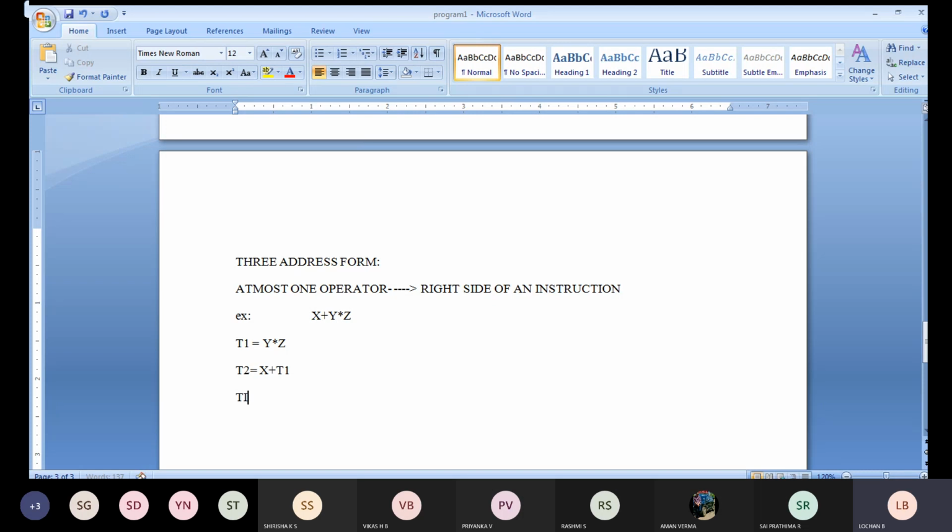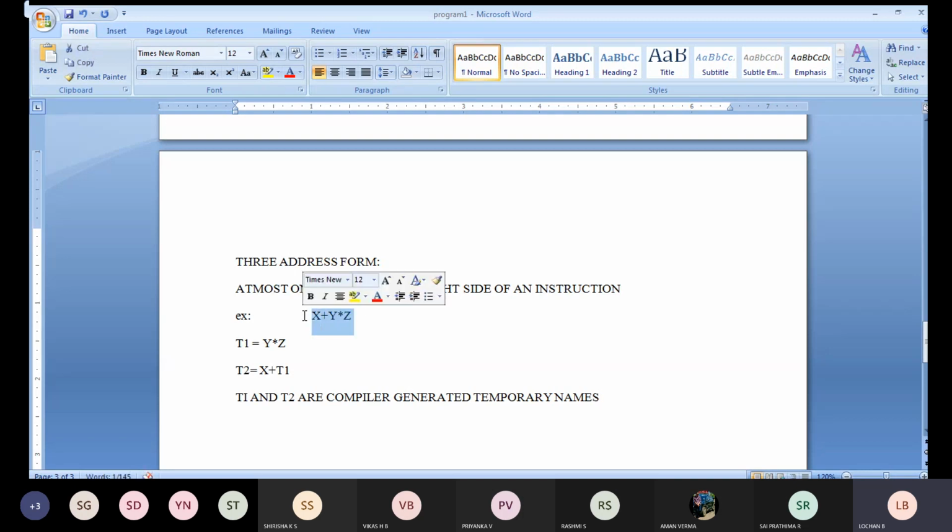That means t1 and t2 are compiler generated temporary names. Whatever expressions they may give, we will divide those expressions in terms of compiler generated temporary names.